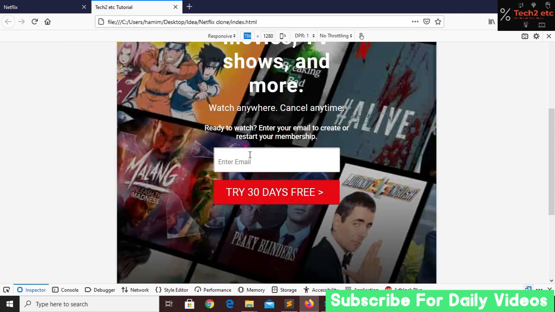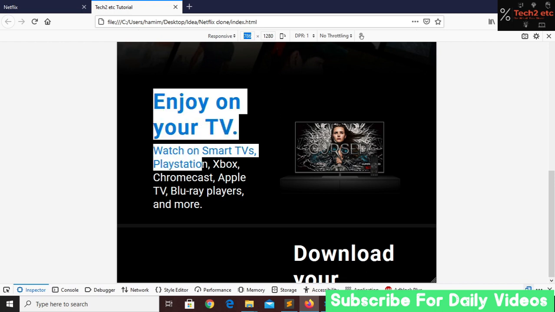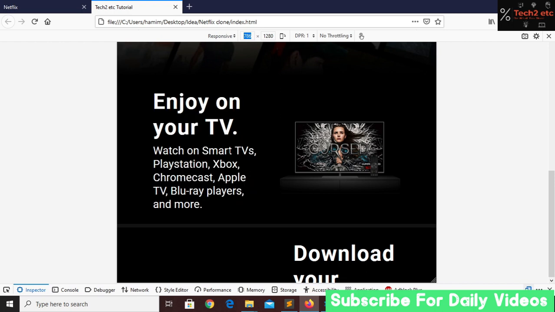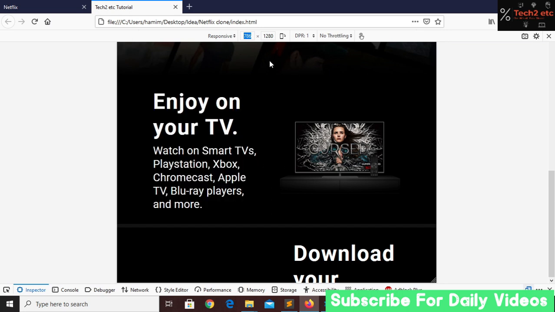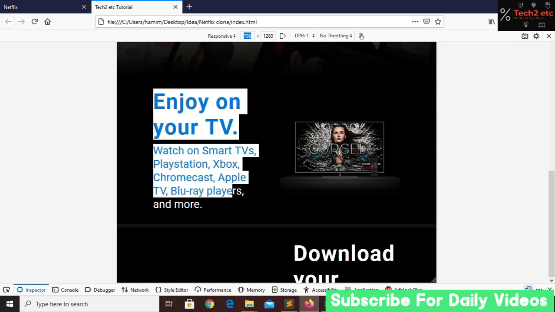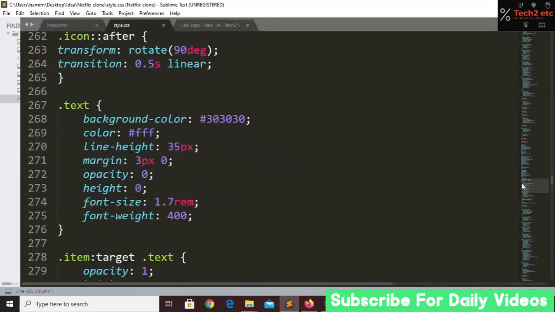So here you can see that now we have our enter email section and our button. After our home page we have to go down, and here you can see that our text is not looking good because it is wrapping and breaking. So I want this text and this image in one column. Now it is in one row. Here I want our image on the top, and underneath the image we have to put this text. So for doing this, go to our text editor and go to the top,